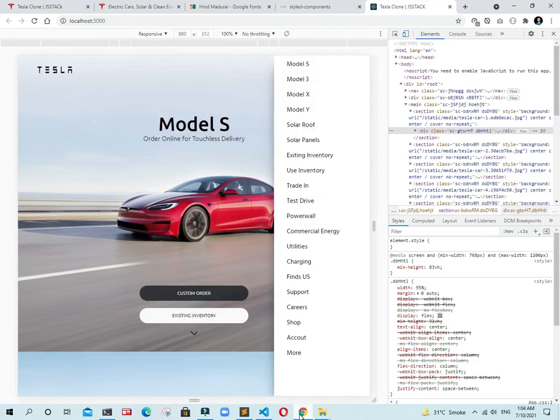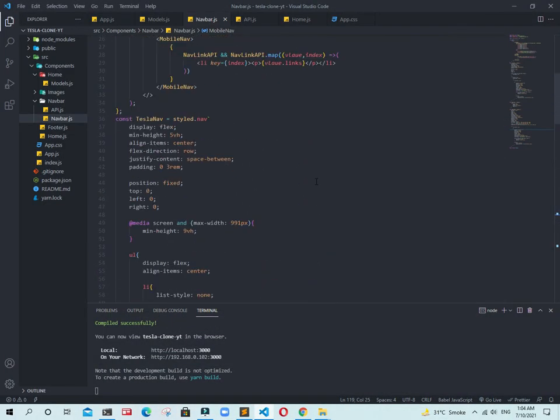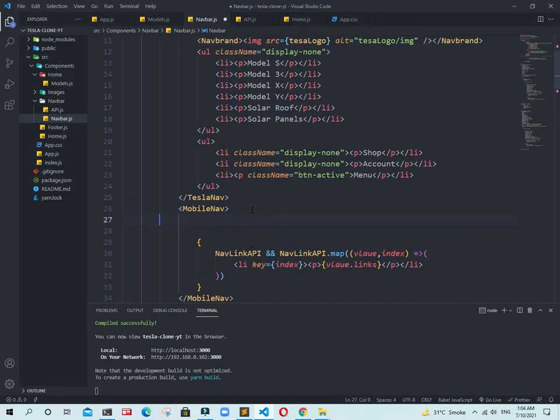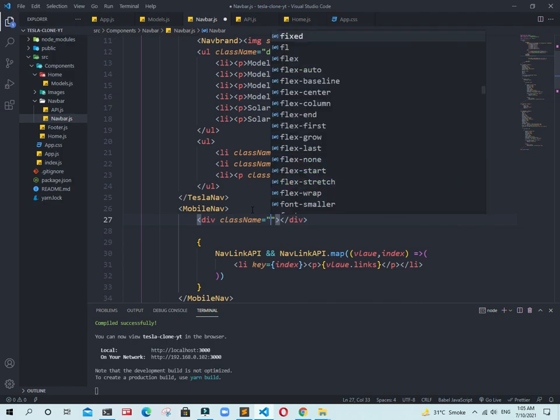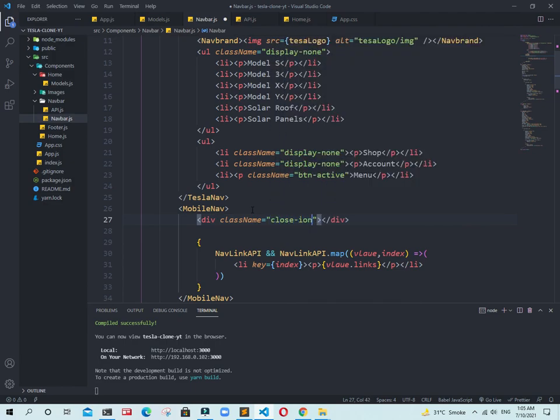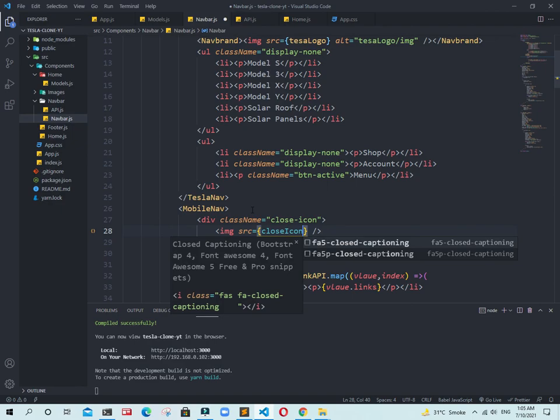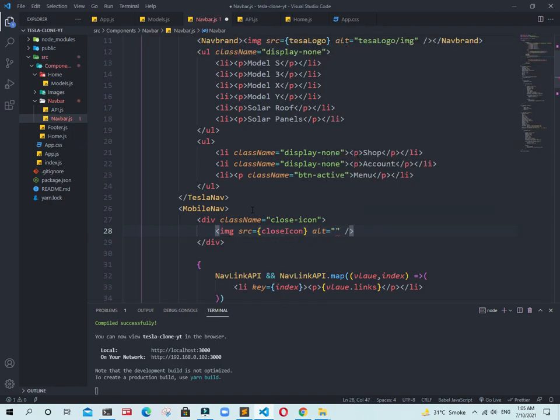Close one. Go to the top and write a div there. To this div add a class name, which will be close icon. Inside this close icon we are rendering an image again. The source will be close icon, and the alt name also close icon image.